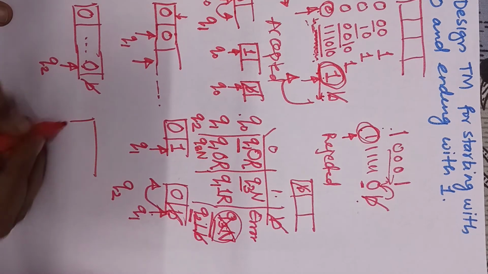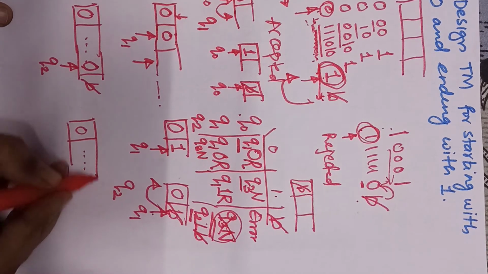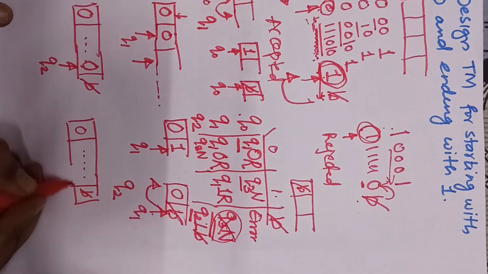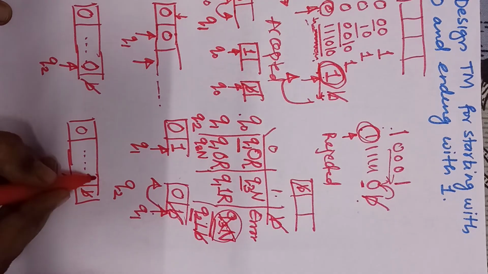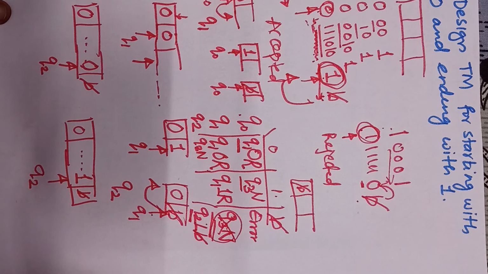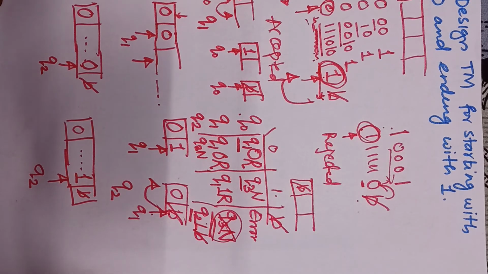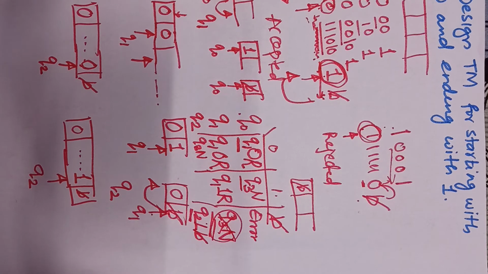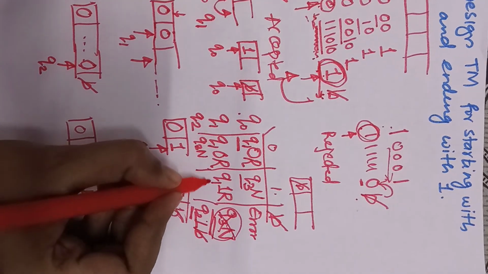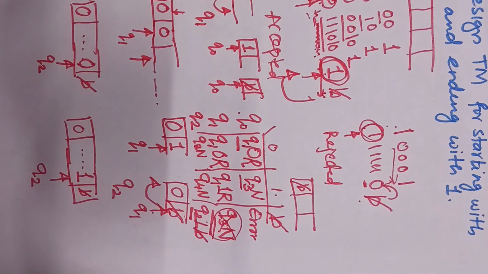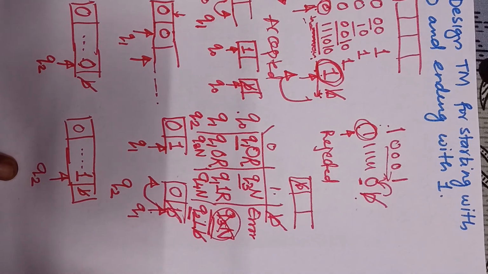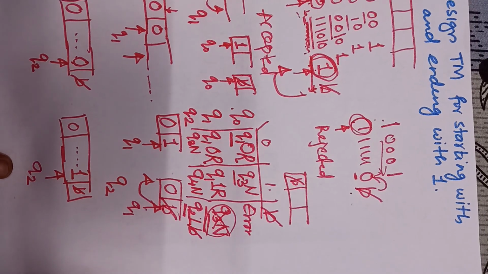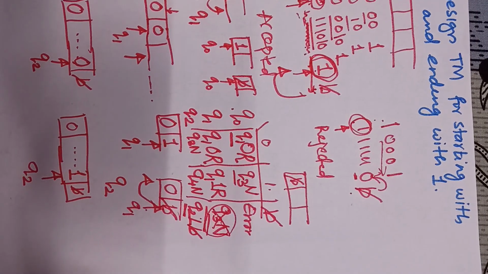Now next one, again 0, and after reading 0, 1, everything, I reach the end of the string. For that your pointer has shifted towards the left hand side, and this is the Q2 state. If the symbol is 1, this is what we required. So we can say that this is Q4 and no operation. This is our final state. Okay, and this is how we designed the Turing machine, starting with 0 and ending with 1.